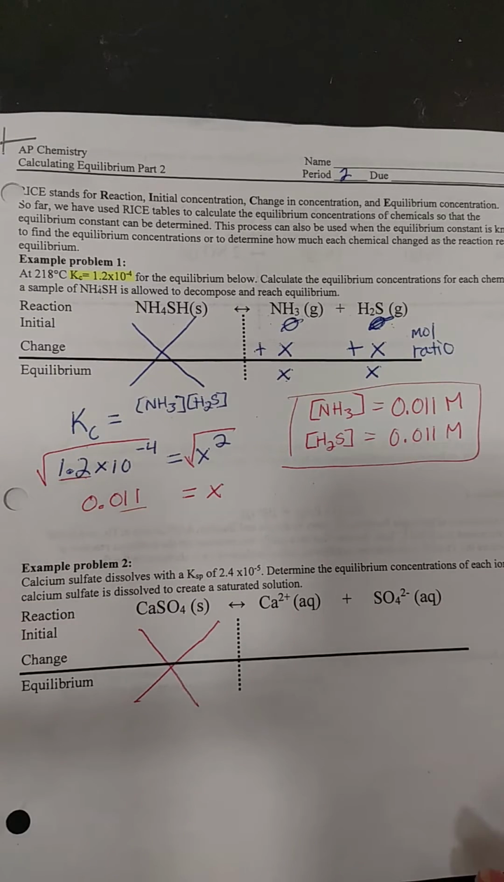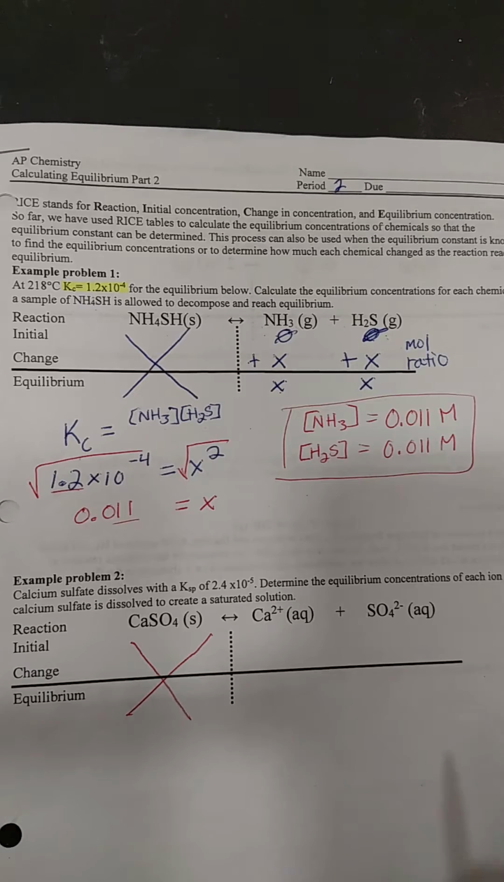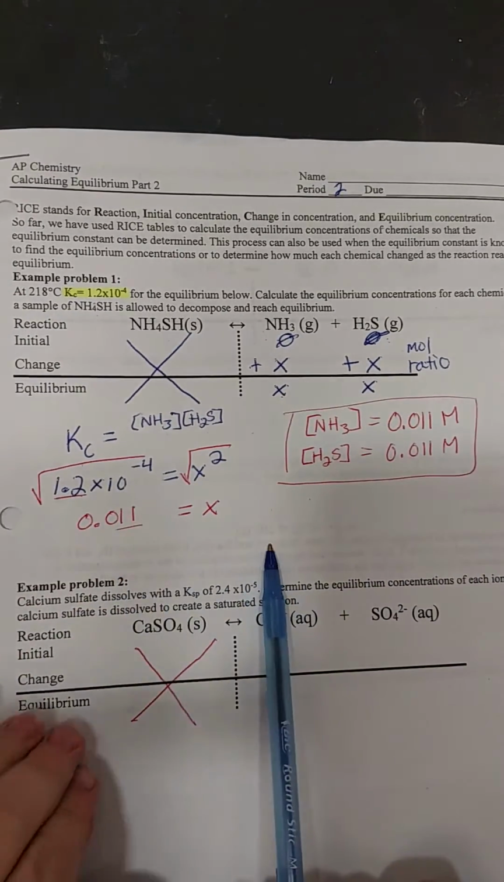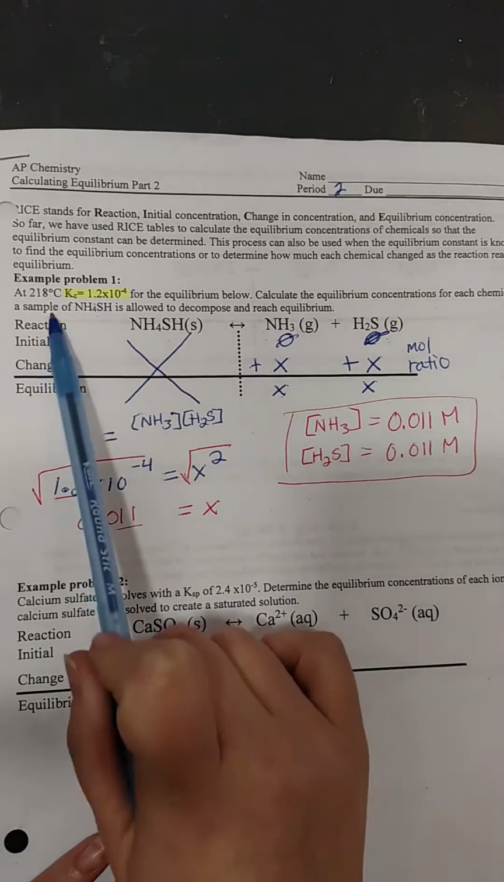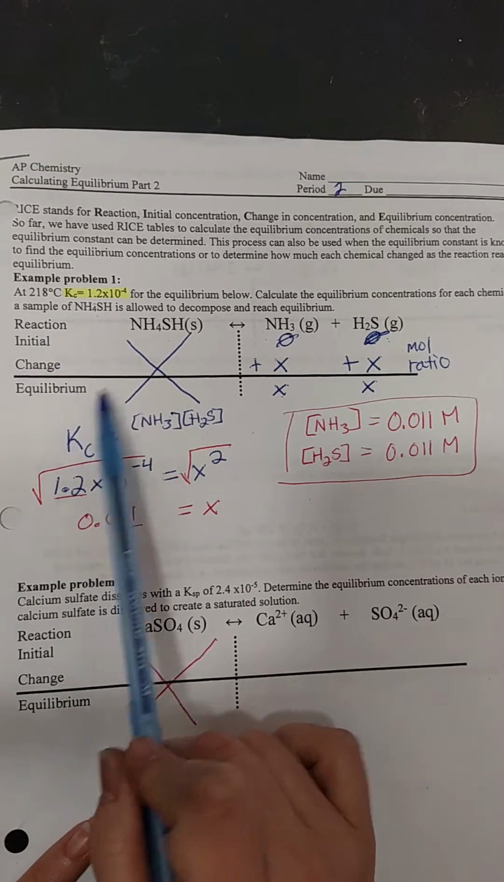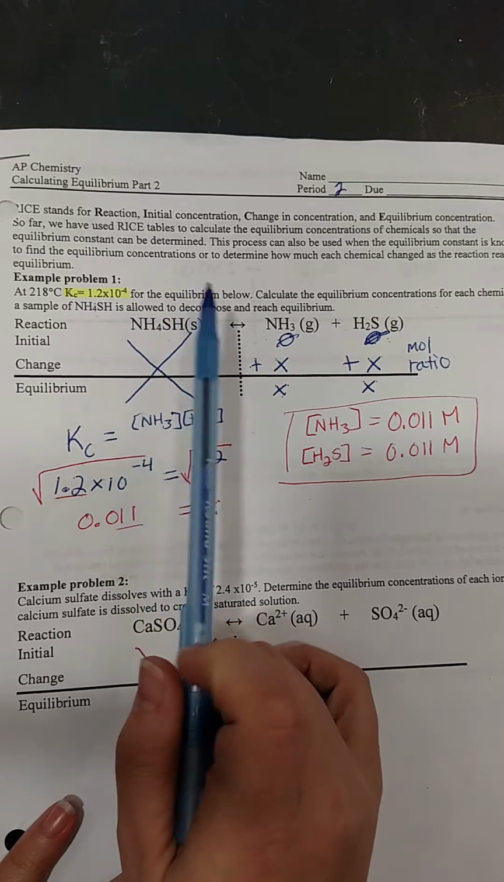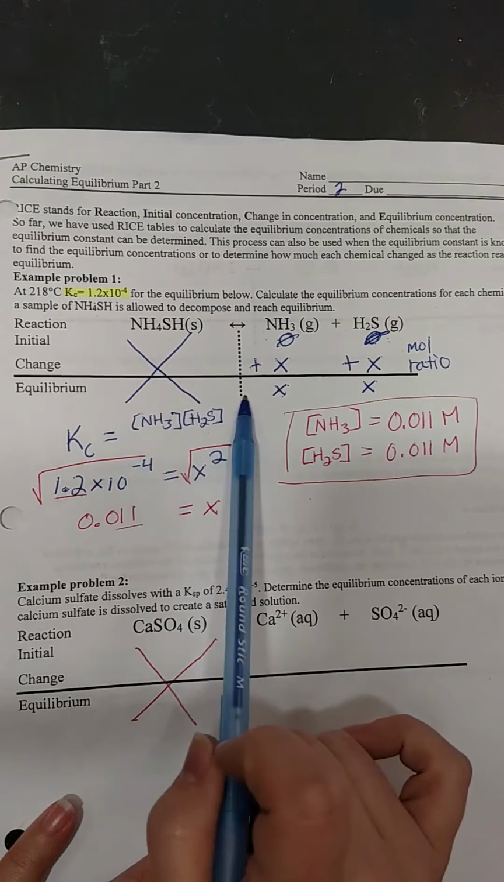So I'm going to continue the notes that we started in class. If you were not here for the beginning of these notes, we did part 1 together. So it's using the Rice tables that we looked at before. We're given the equilibrium constant for the reaction, and so we're kind of working backwards to see what the concentrations